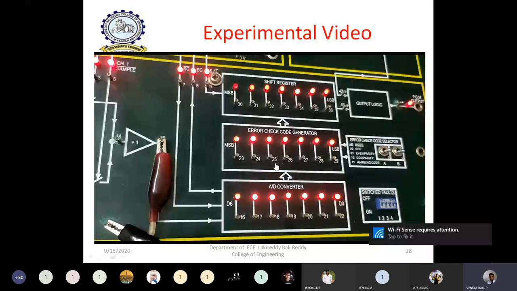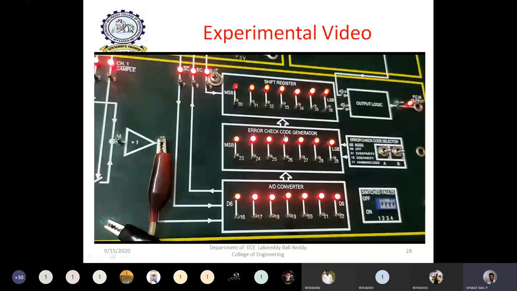This is not the indication of all ones. Because the samples are continuously coming as input to the encoder, it is continuously encoding them into sequences of 7 bits. These sample values come within a fraction of a second, because the sampling time used is generally in microseconds. For every 1 microsecond, one sample value is coming. So within a fraction of microseconds, these LEDs are changing. That's why we cannot observe whether the LED is on or off.